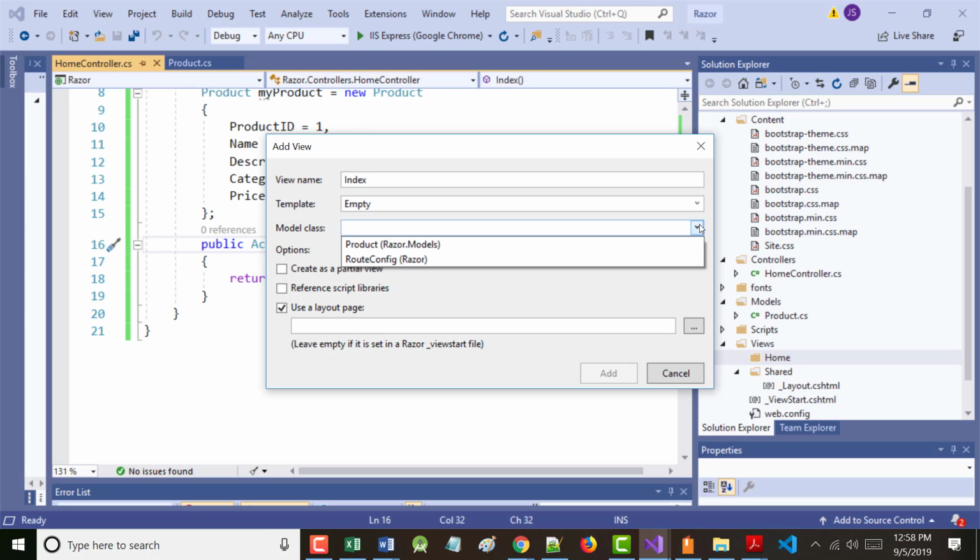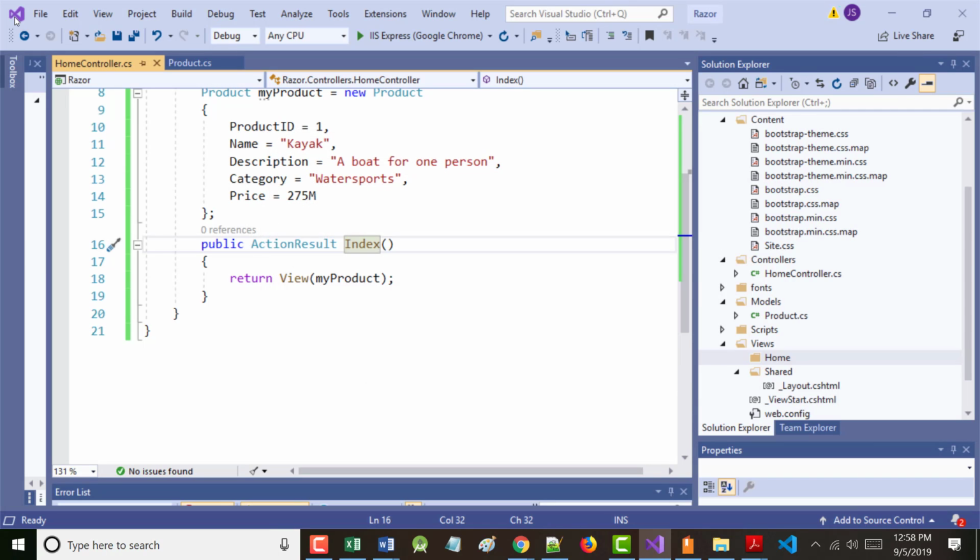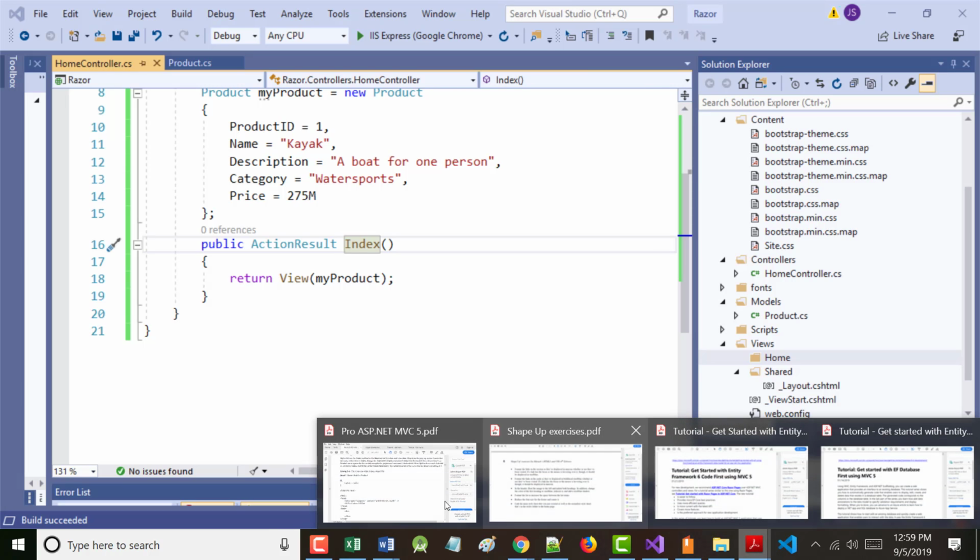Please look on the screen because this is pretty doggone important. If the only thing that you have in here is route config, and that happens, let's just say it did right here, then you should go save and do a build. Because if you do the build, then if previously all you had under models was route config, it should give you any other models that are available to you. Sometimes the book might say that. Sometimes it might not say that. But again, I want to follow what the author says now.